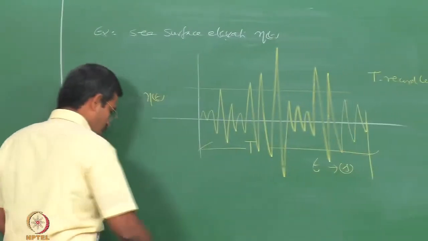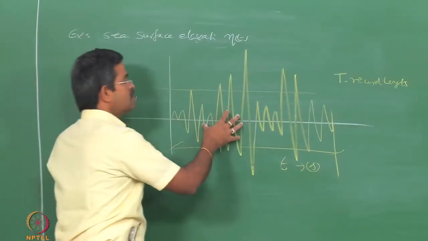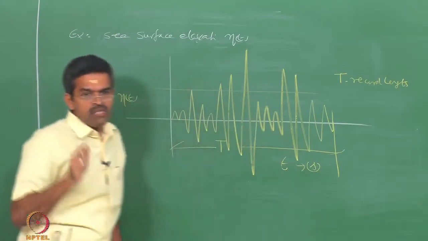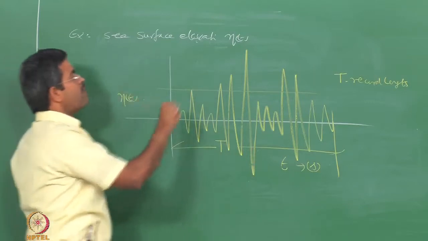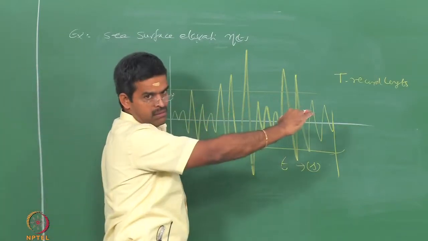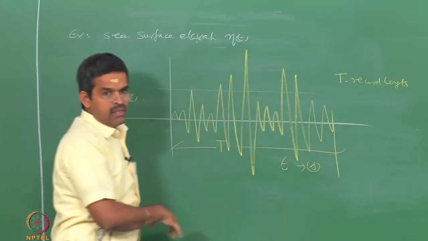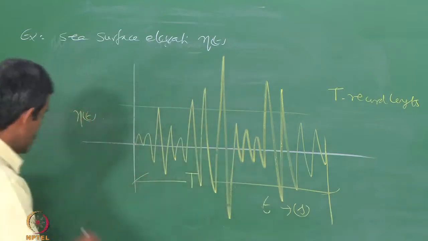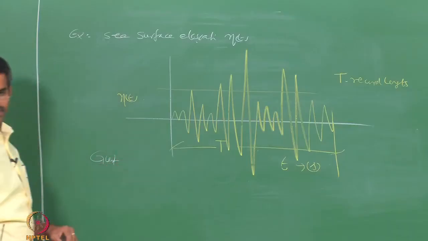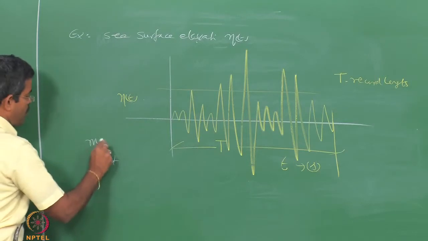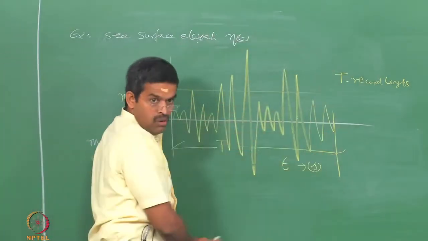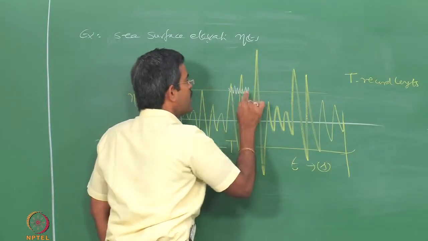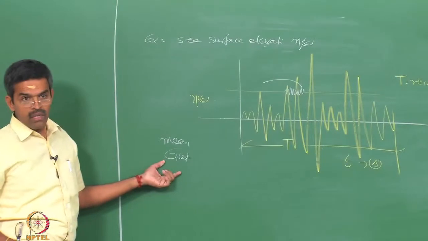Now, one can immediately see you can associate this as a stochastic process, because easily you can find the mean and standard deviation, and you can always find out what would be the variation of amplitude from the mean. This process is actually done in wind load analysis, where we convert the process into two, one called the gust component, the other called the mean component. So, in a given history of wind load, we draw a mean line, we take only the variation with respect to the mean line and call that component the gust component, and the mean component